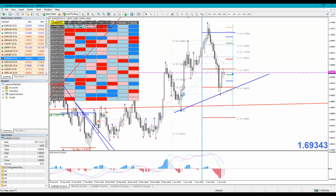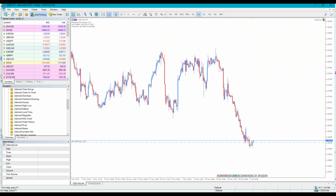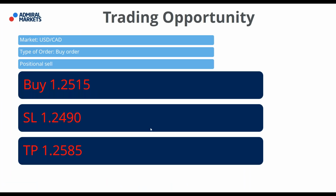Okay, guys, let's see how our trade is going. Then we can proceed with further questions. It's 14-15 pips in profit if you went exactly when I said at the start of the webinar. So this was my trading idea today: 25.15, stop loss 24.90, TP 25.85. So if you followed this webinar from the start, now you would be 15 pips in profit